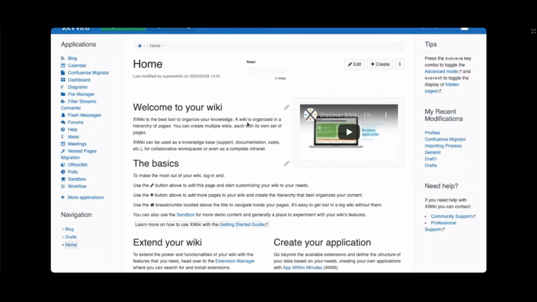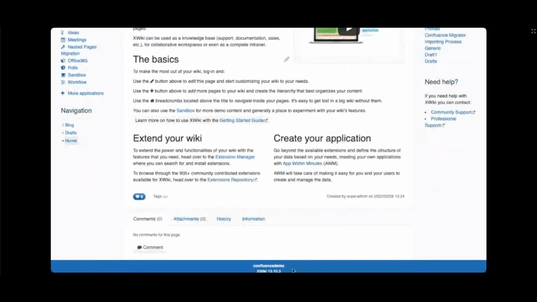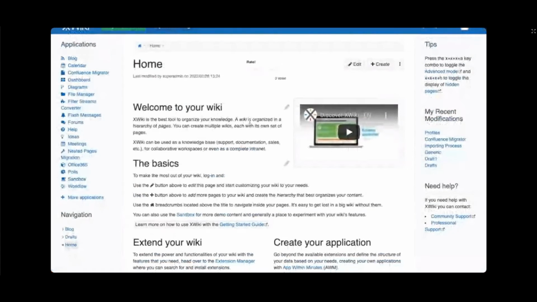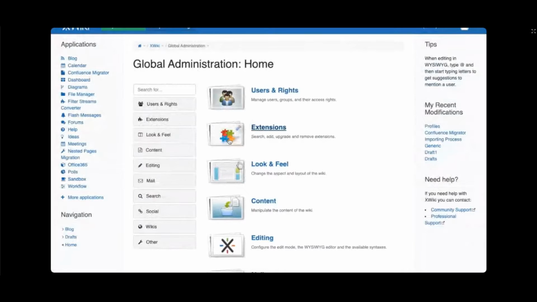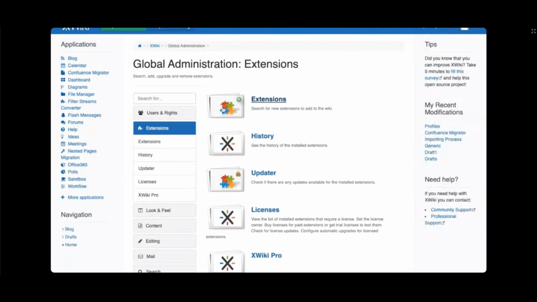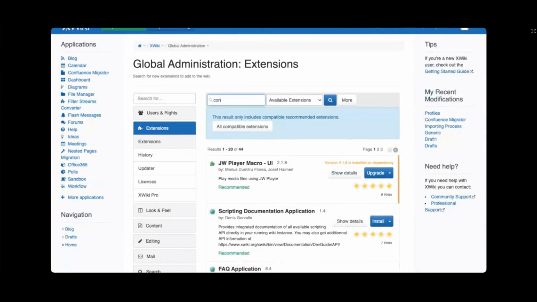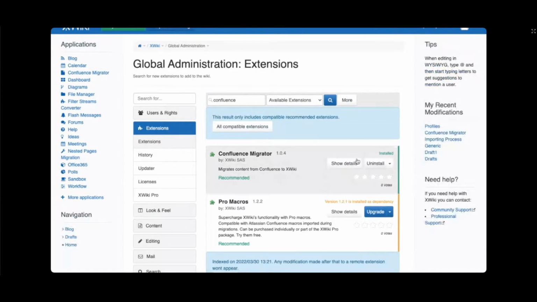Right here in front of us, we have an XWiki cloud demo instance, a version 13.10.3. And the first thing that we need to do is to install the dedicated migrator. To do this, we need to go into the extension manager in our instance, search for Confluence, and we see that we already have the application installed. Moving on to the application itself,